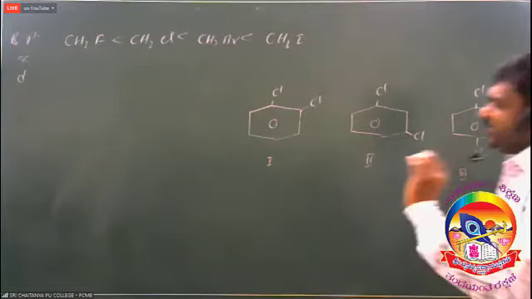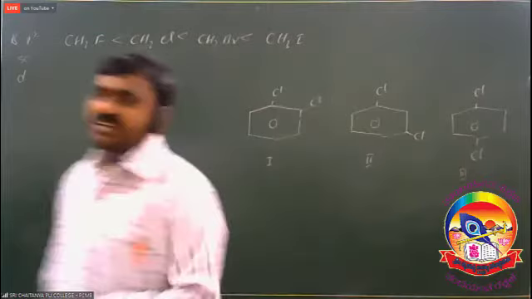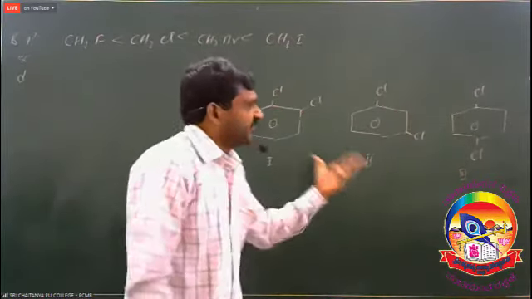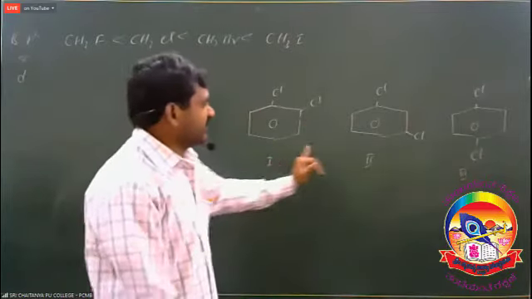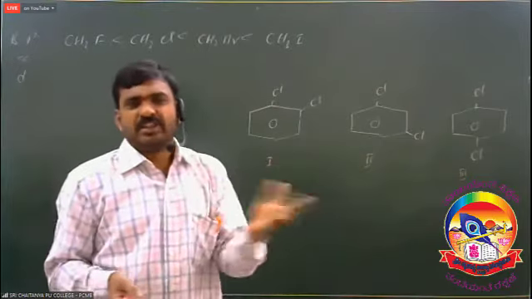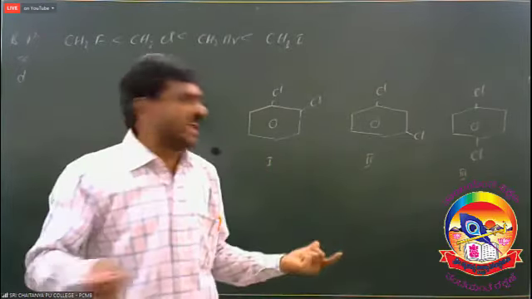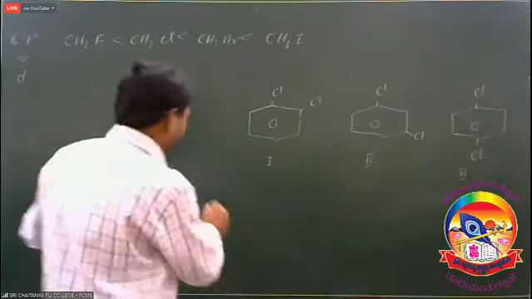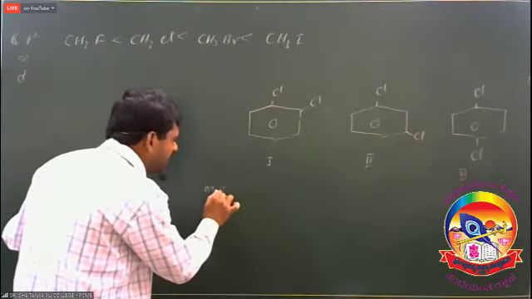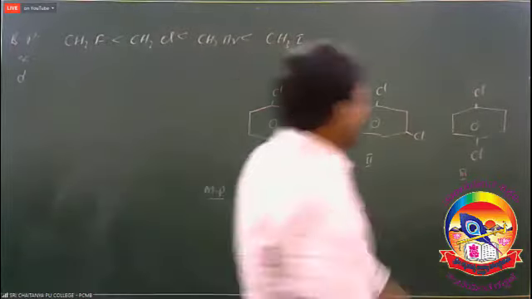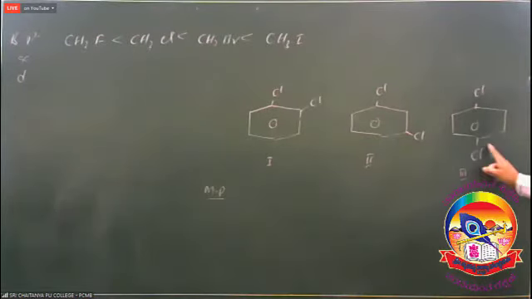So what is the correct boiling point order? What is the correct melting point order? The boiling point difference is very less. The difference between the boiling points of one compound to another is a maximum of 3 to 5 degrees centigrade, so they are considered as almost having the same boiling points. The very important point is the correct melting point order. Among these compounds, the melting point is highest for the para isomer because of its symmetric structure.